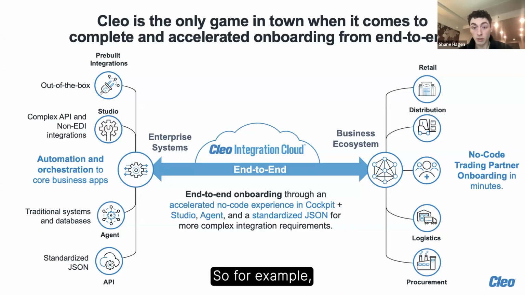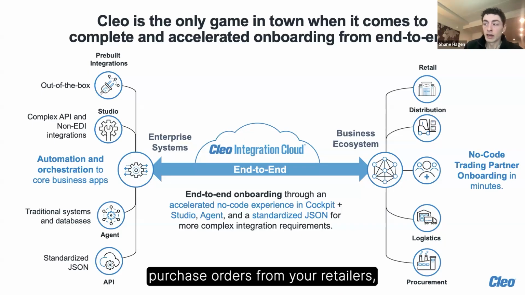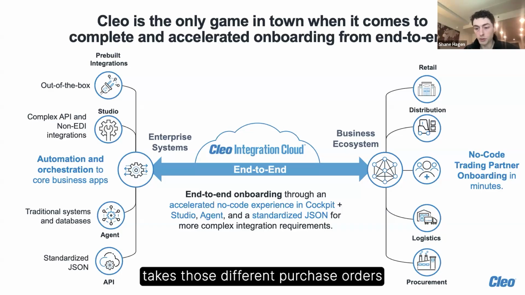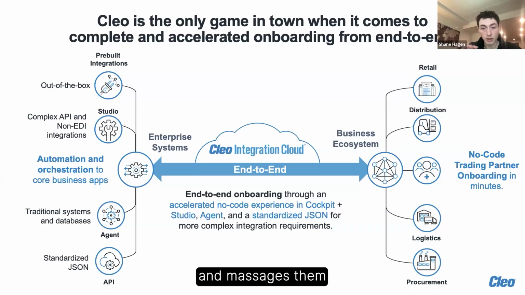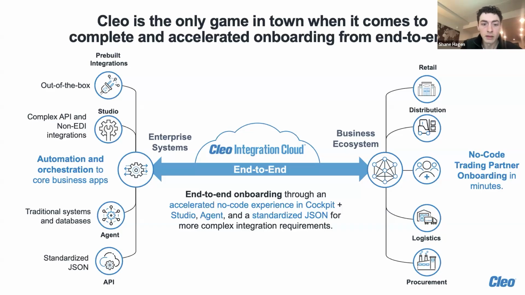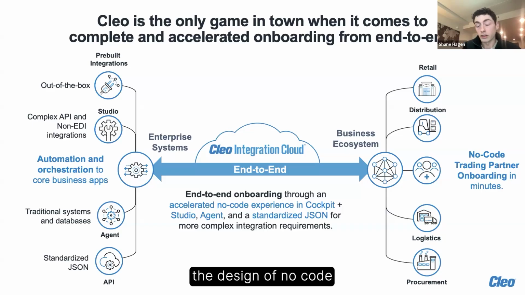connection. So, for example, 850s from your retailers, purchase orders from your retailers, they have all defined their purchase order differently. No-code onboarding takes those different purchase orders and massages them or maps them into a common Cleo purchase order format. And then Cleo will take that format and map that into your backend application, your ERP system. So that's how the design of no-code onboarding works, or the end-to-end design here, and where no-code onboarding comes into